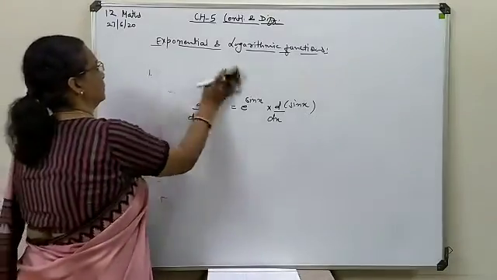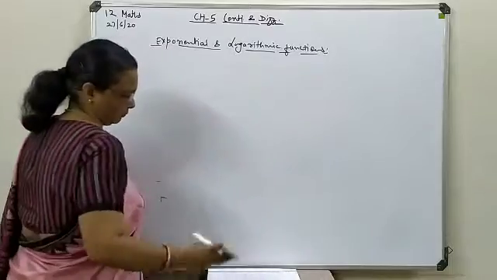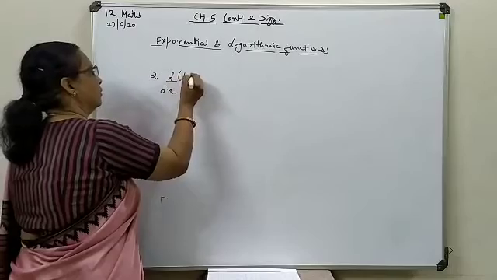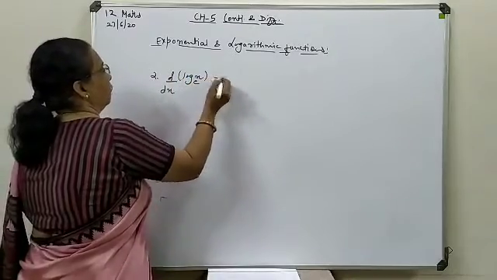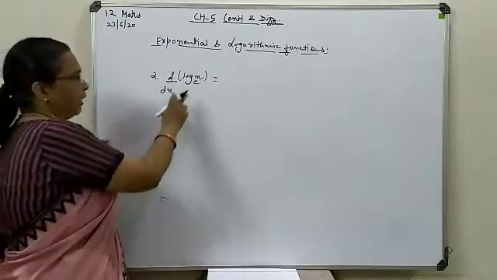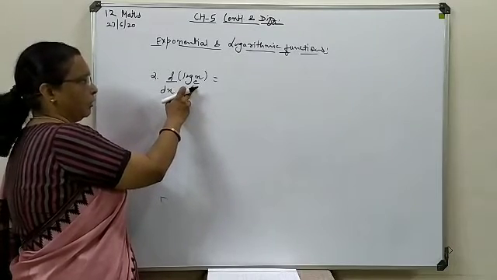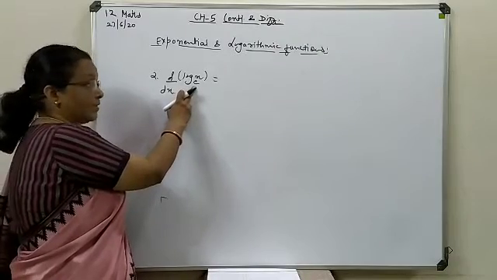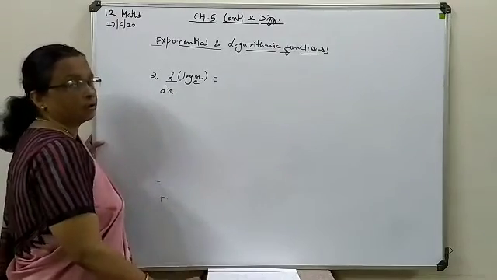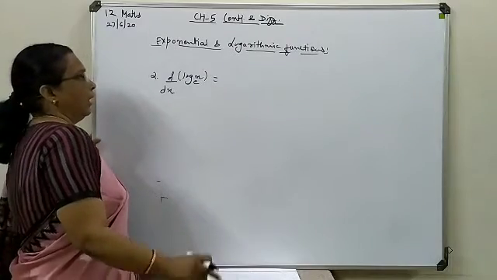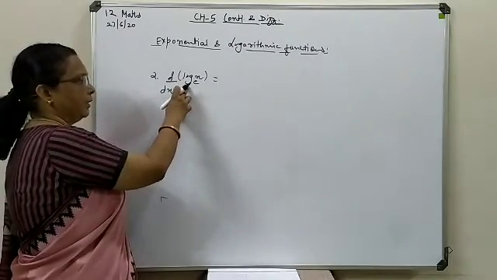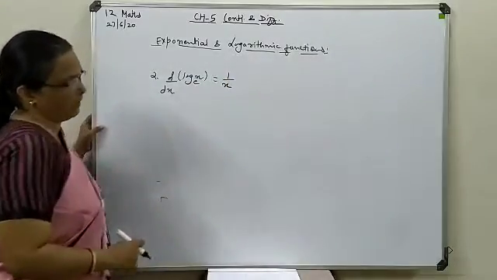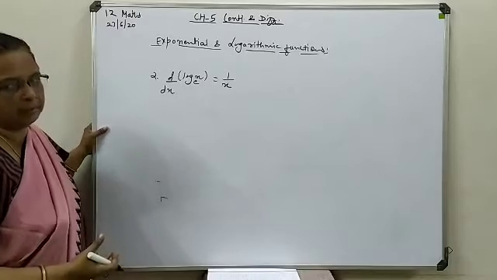Secondly, for log, also we have written the logarithm form. For log, as I told just now, for log to have a differentiation, it is necessary to have base as e. If it is not so, you have to make it convert. So if you are going to write the derivation of the log term, it is to be written as 1 upon x form. Here also the same thing will be implemented.